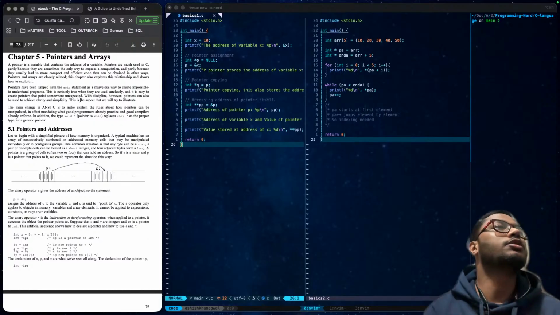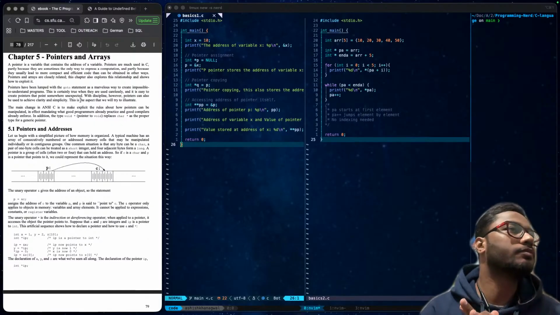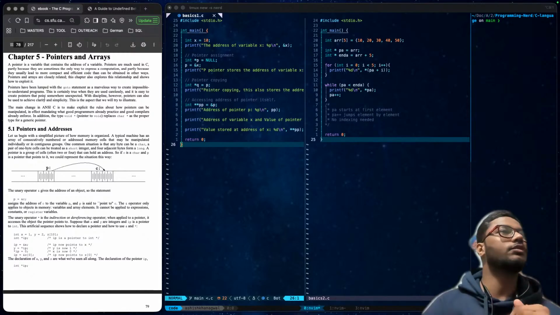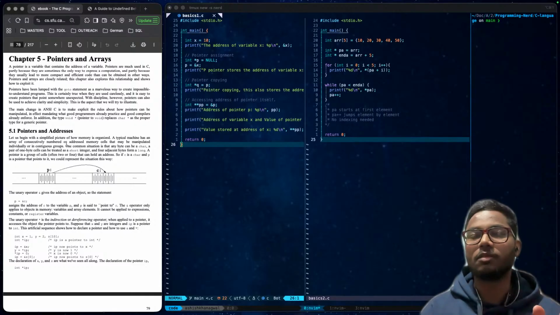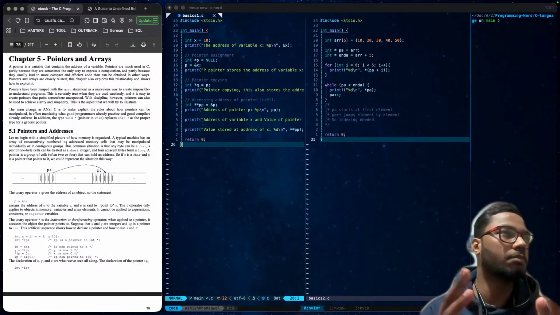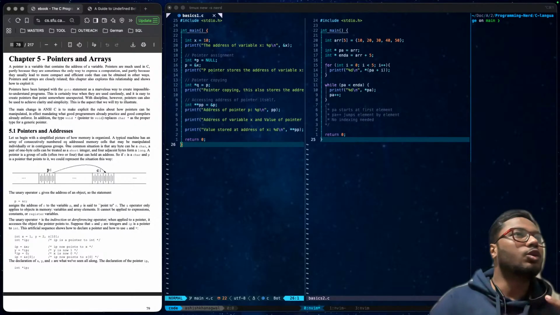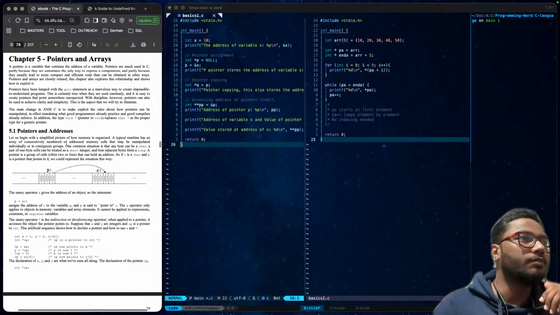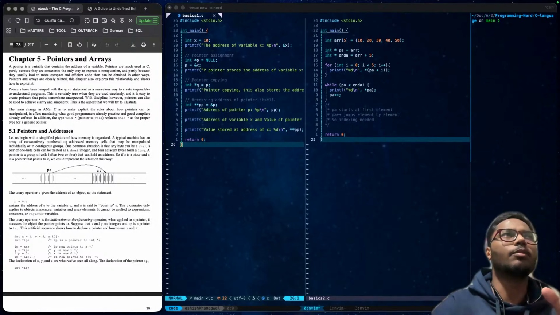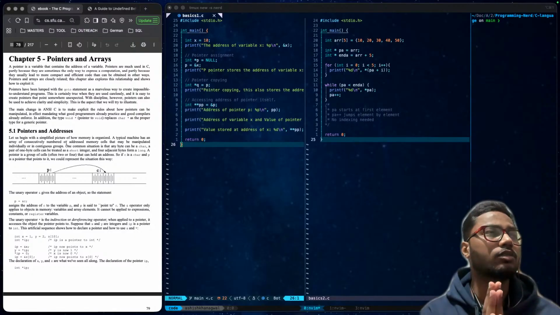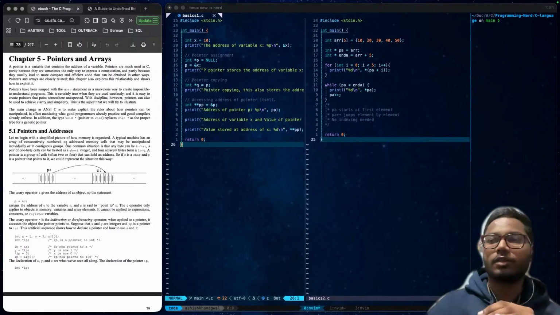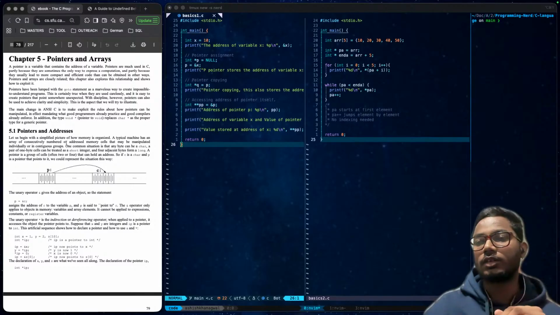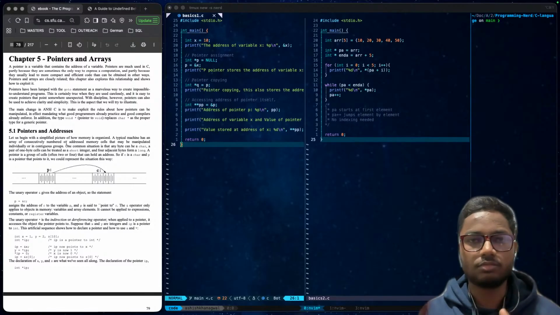Actually, the thing that I was saying about passing by value, this is how the C language works at the very core level, at the memory level. Everything is passed by value, right? And it doesn't change your values.